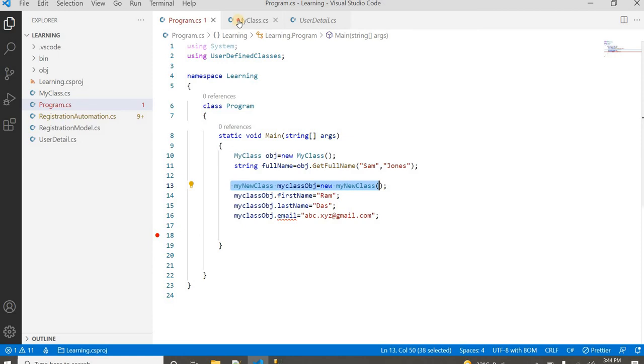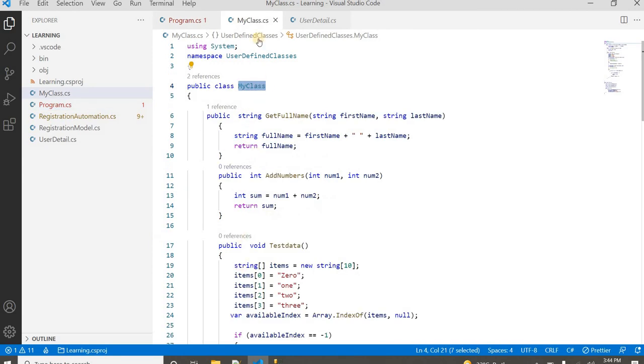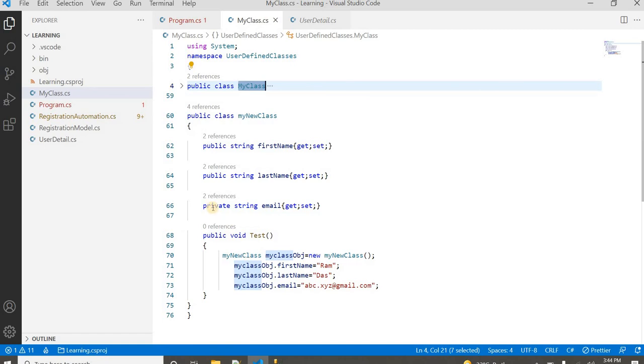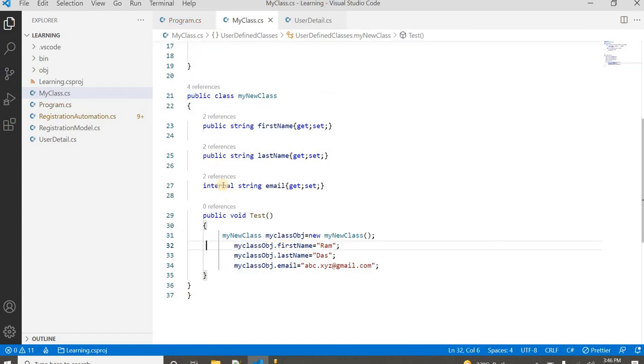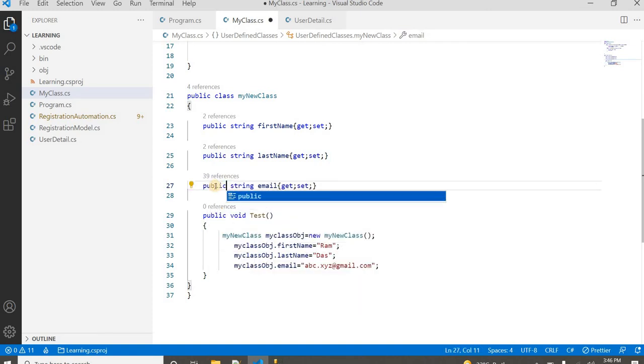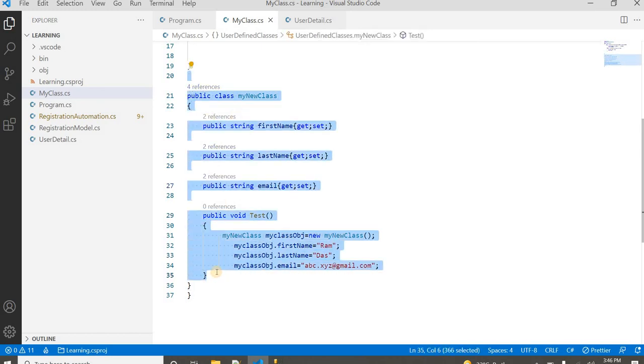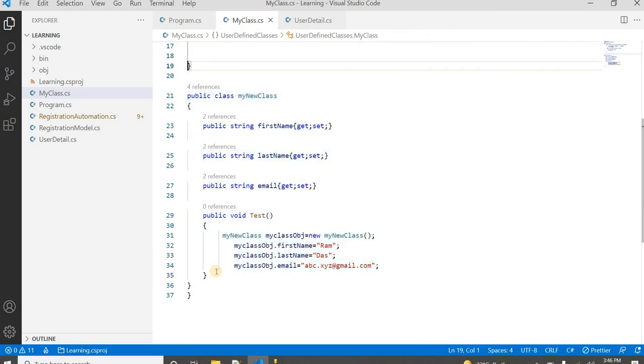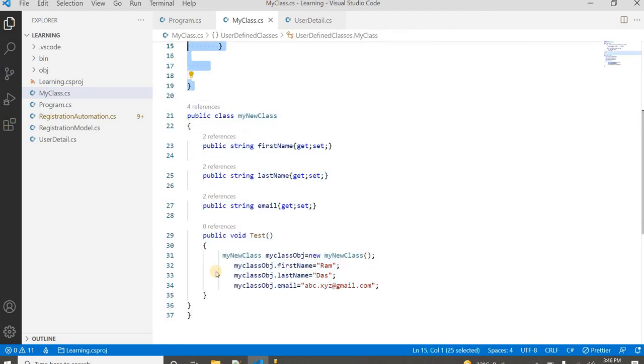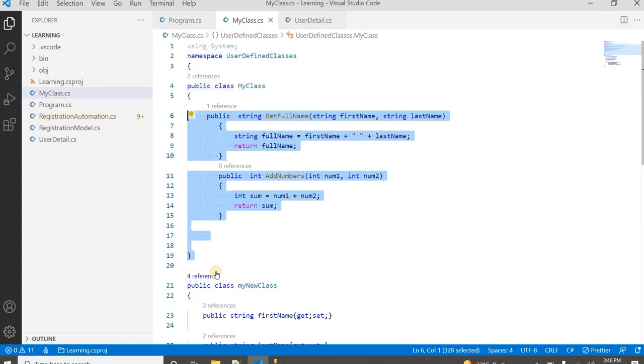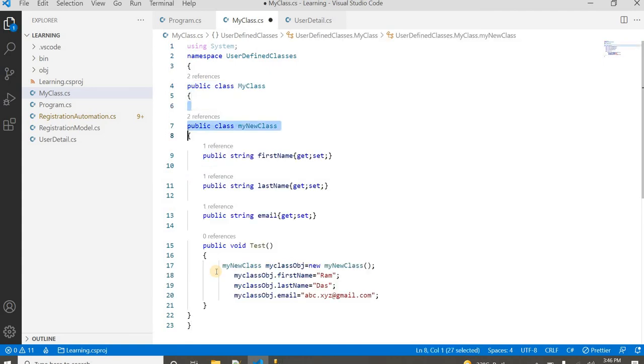When we are using the internal access modifier, let me try that as well. I will close it. Let's not focus on internal right now. We will learn it when we learn about OOPS concepts or inheritance. So okay, I'm also removing this particular class. Let me remove the first one, till here.